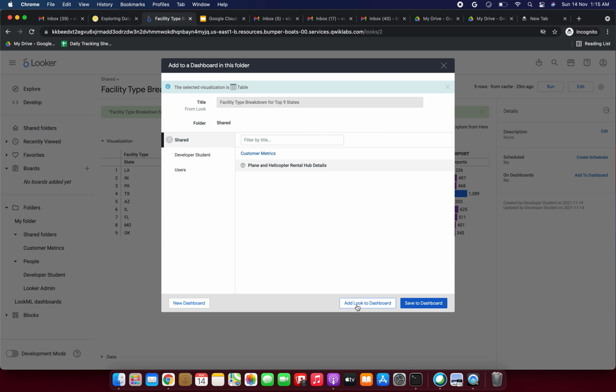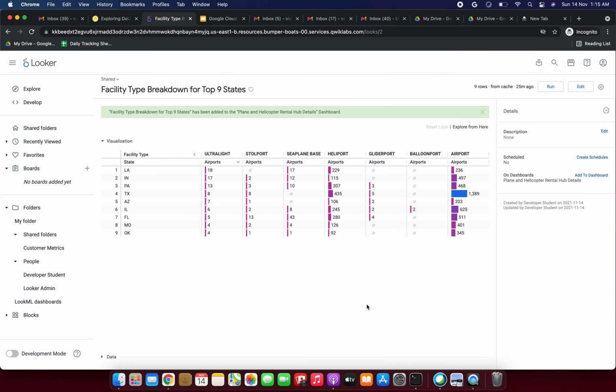Now actually we need to click it to add look to a dashboard. It's coming very slow for me. Okay, now I have finally clicked add look to dashboard. So next, what we need to do,